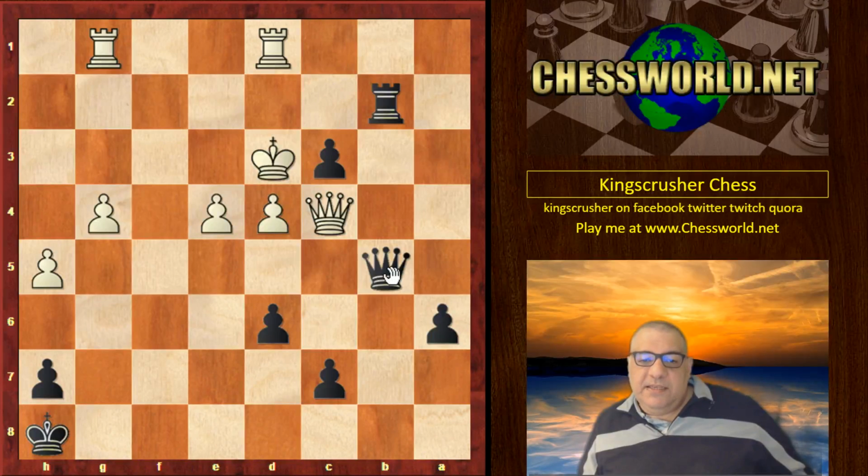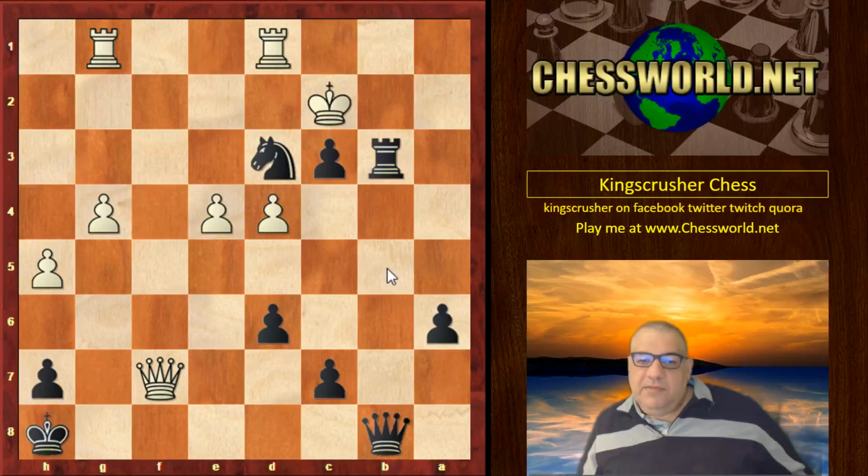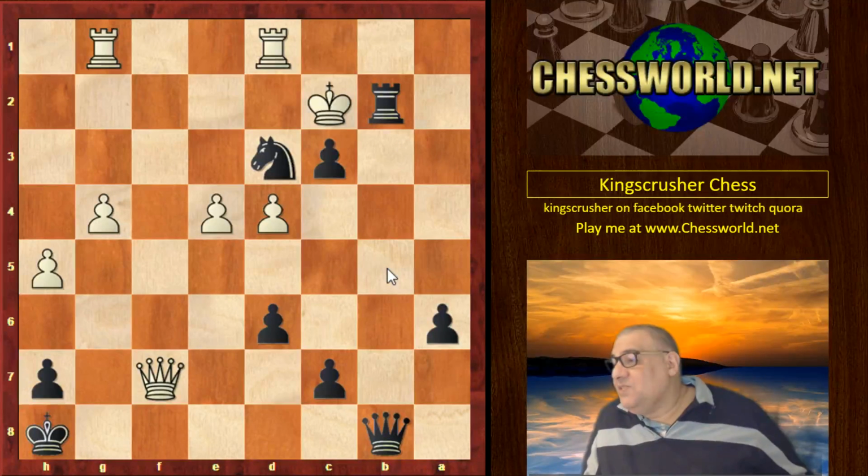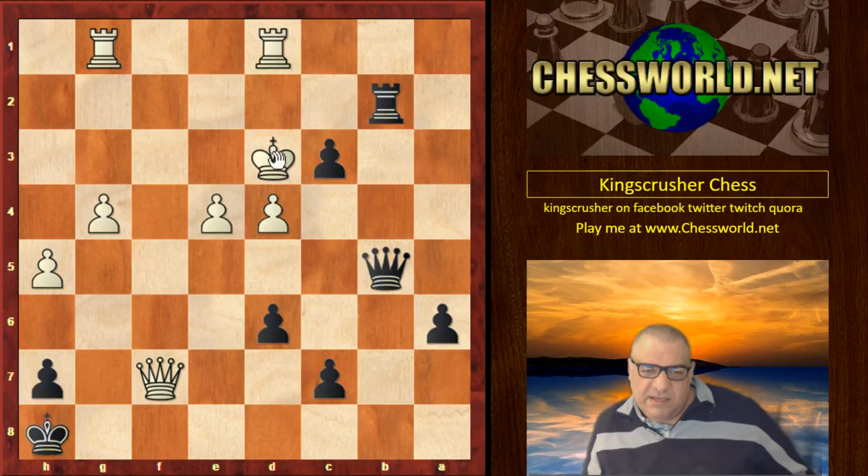So yeah, it seems as though the straightforward is just not working. The straightforward sometimes doesn't work in chess. That's what makes chess such a crazy game. It's just not working. You might think this line, by the way, I think the problem with this, the queen's